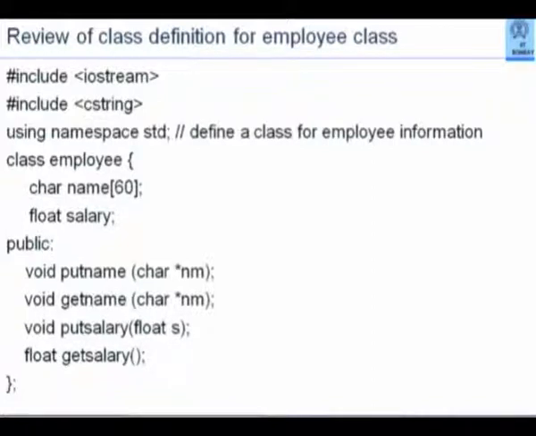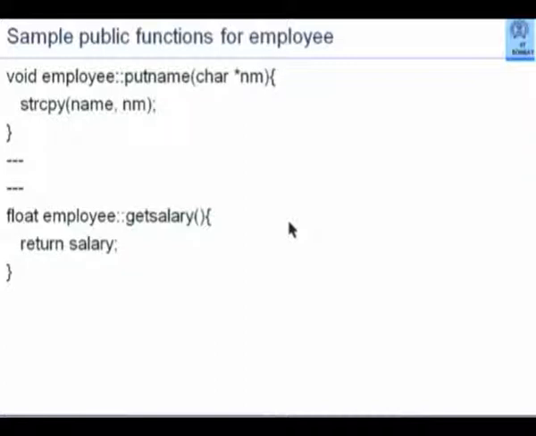The actual function implementations could have been written here itself directly, but as is standard with our programming practice, we would necessarily put those prototype function definitions first, and these would be defined immediately following this definition. So these were some of the public functions that we saw. I have given here only 2 member public functions. The one which assigns a new name to the data element name. So here star nm is the character string.